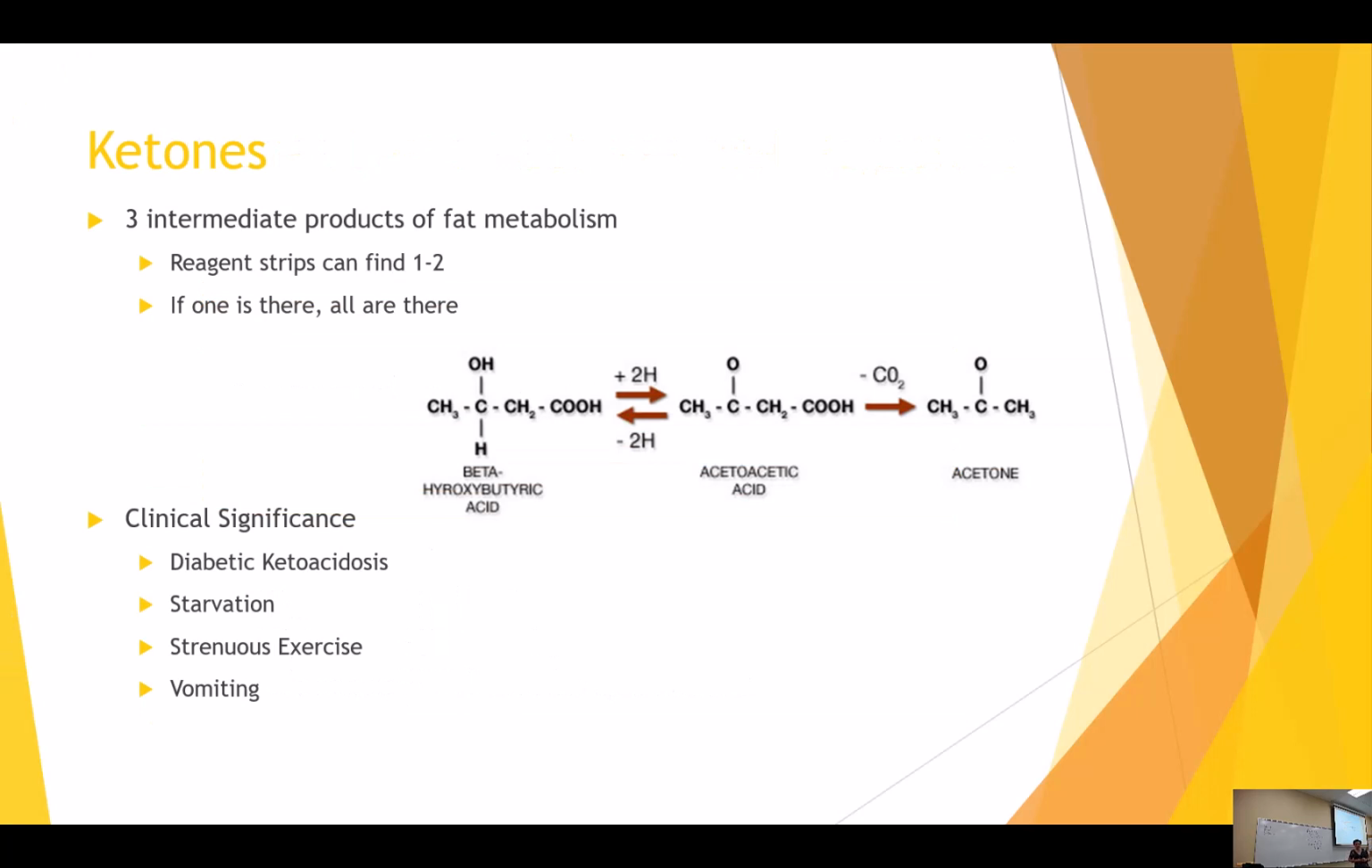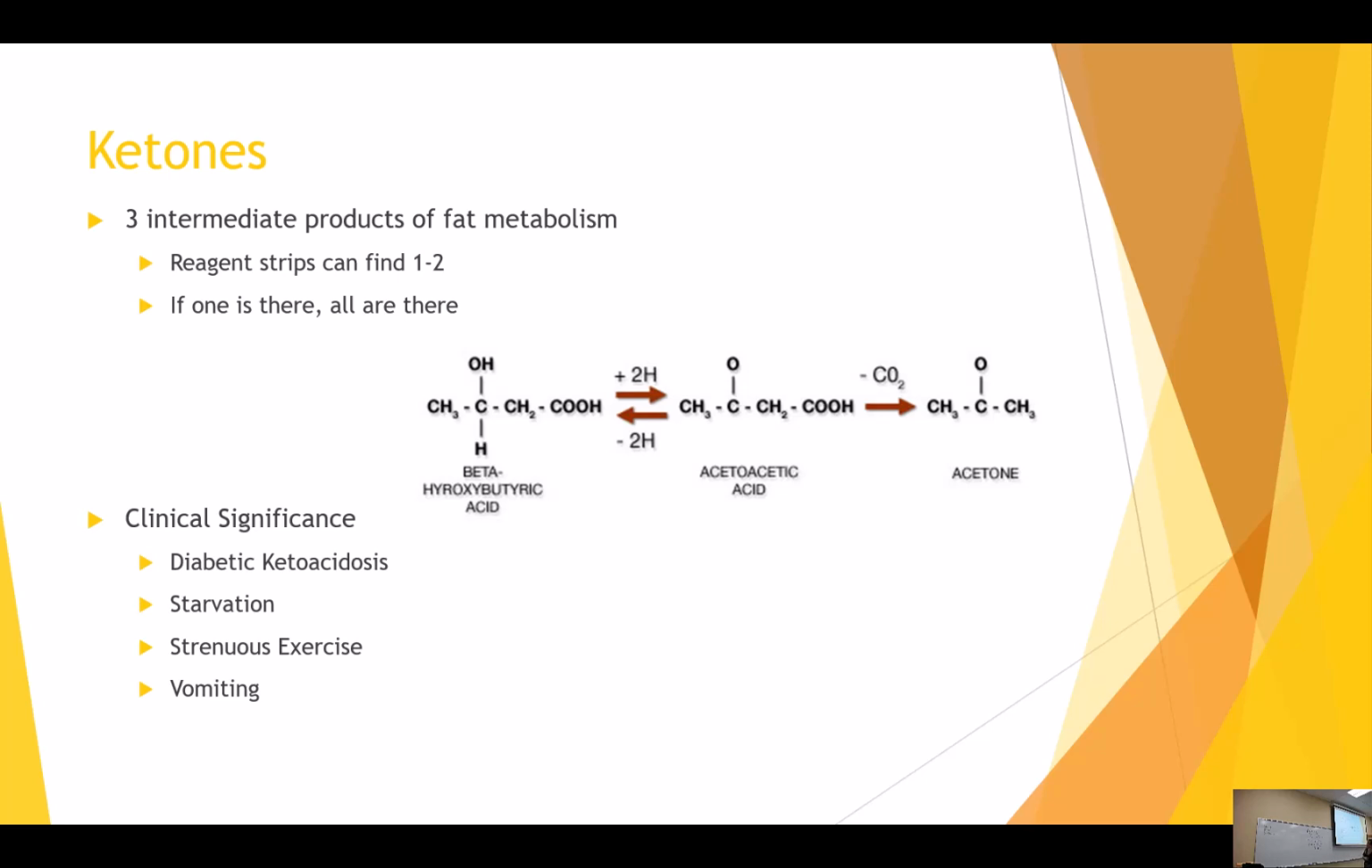Next pad we're going to talk about are the ketones. There are 3 intermediate products in fat metabolism. You got your beta-hydroxybutyric acid, your acetoacetic acid, and your acetone. If one is there, they are all there. So most strips only test for 1 or 2. It does not have to test for all 3, because if any one is there, they go back and forth and they're all there. The clinical significance of ketones,